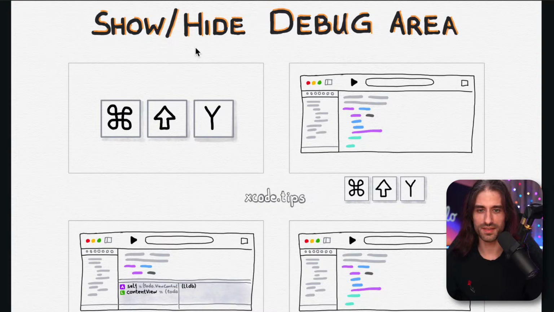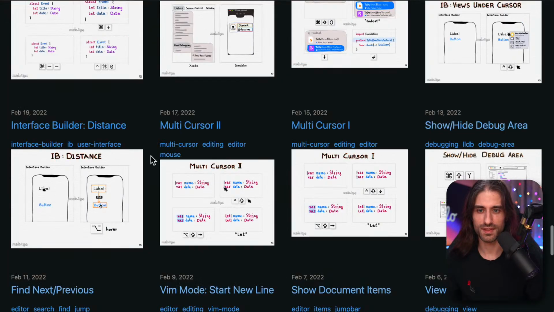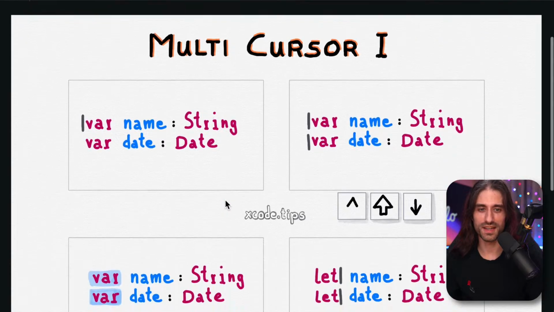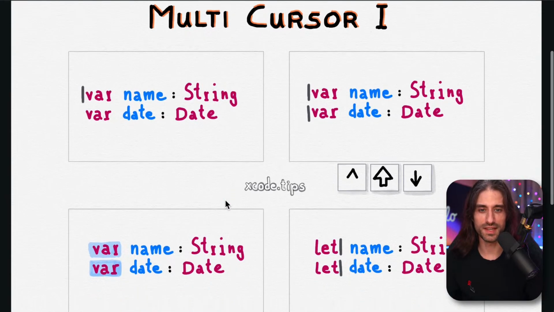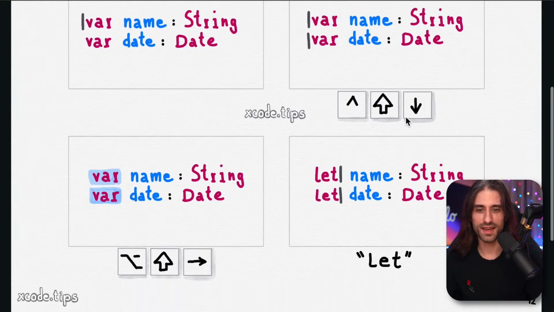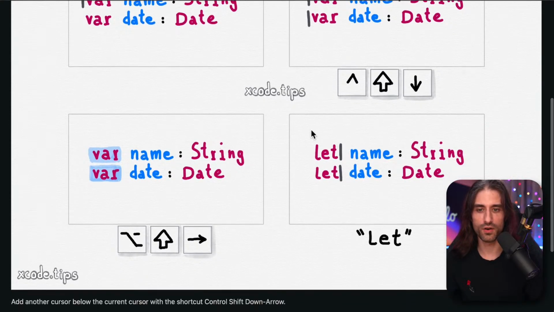Let's see what we have next. Where are we? Okay, we're here. Multi-cursor, yes. So this one, I've talked about it in videos, in newsletter email. So it's Control Shift and then the keys, and you can create several cursors to edit multiple lines at the same time.